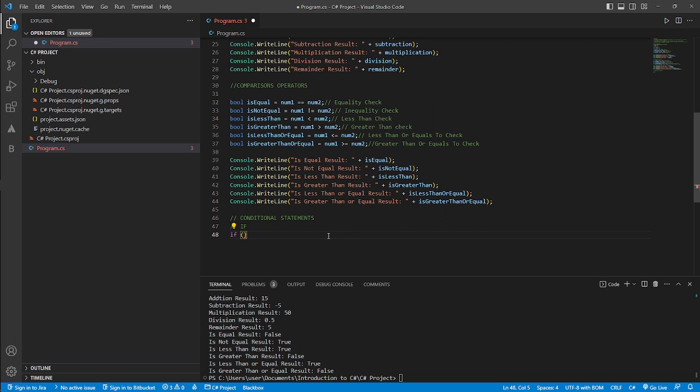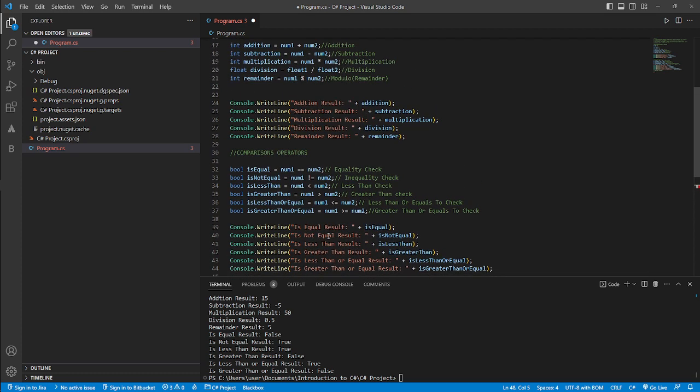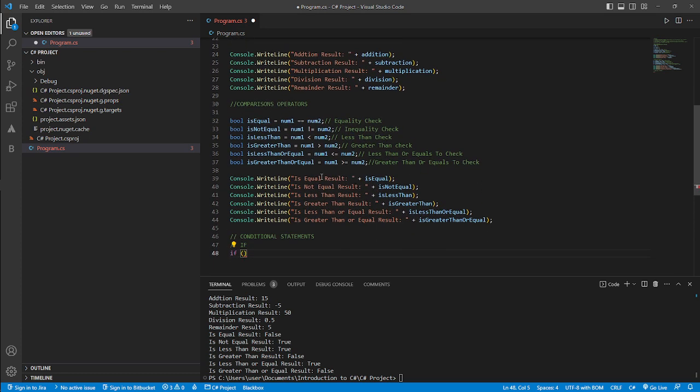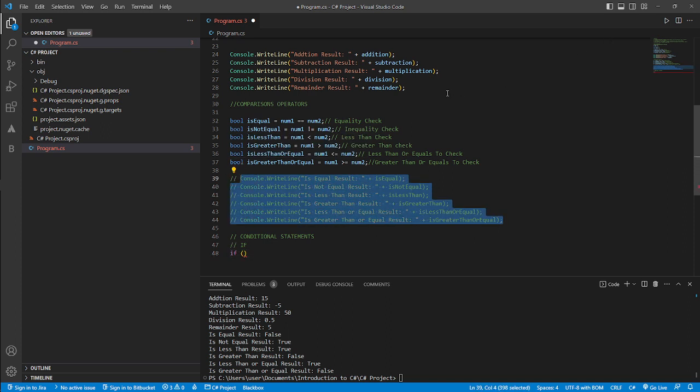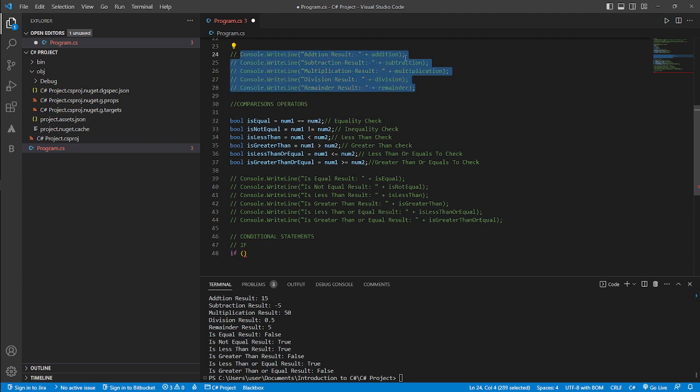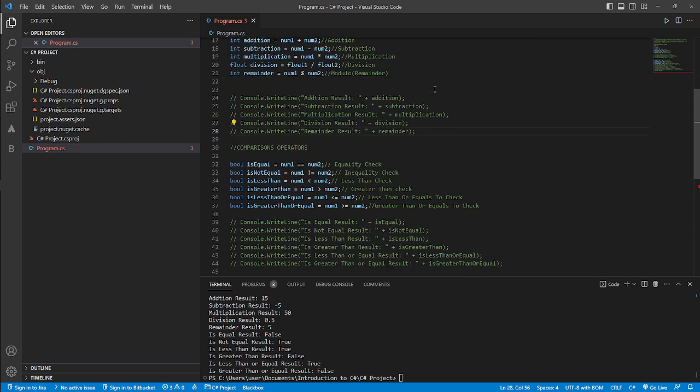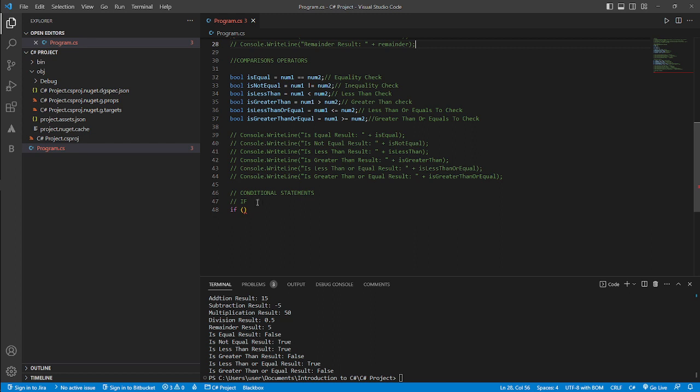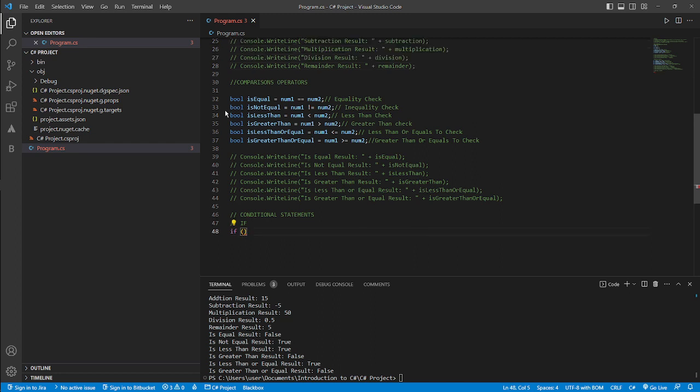So this is written like this. Before we give a result, I'm going to comment all of this out so that we don't get a result for it. We're just going to check to make sure that our if statement is working. Now we want to see if number 1 and number 2 are equal. So if number 1 is equal to number 2, then